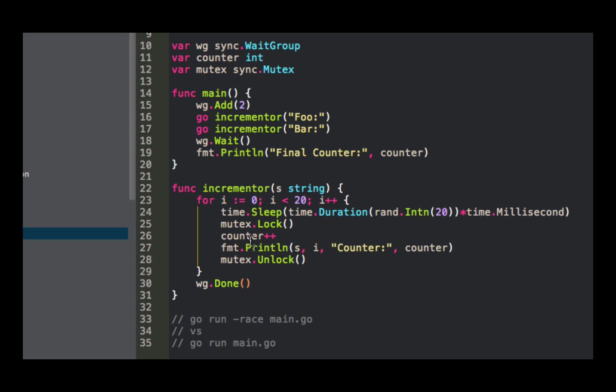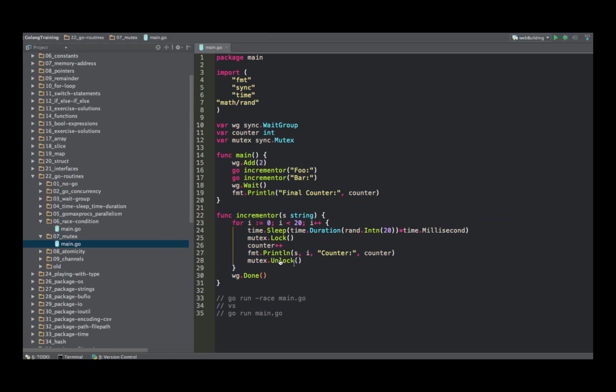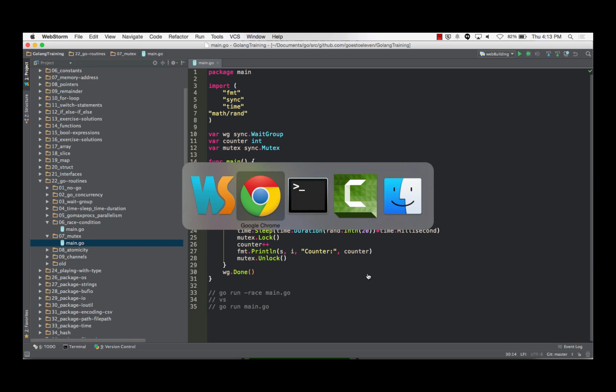Because it's locked, right? So it doesn't matter. When I have access to this variable, nothing's going to happen. Nobody else can touch it. So when I run this now,